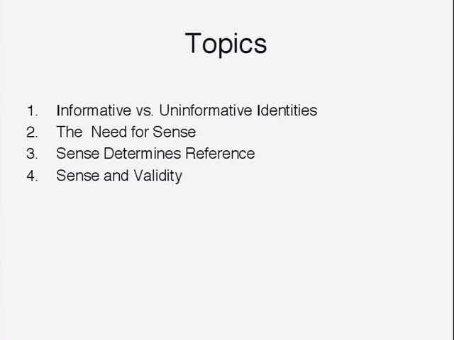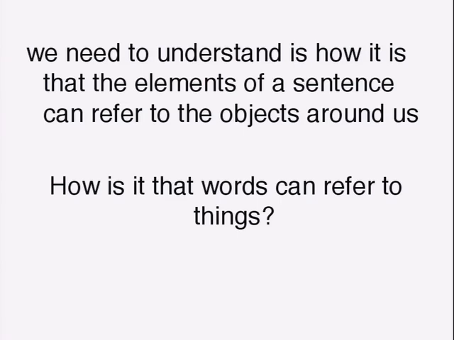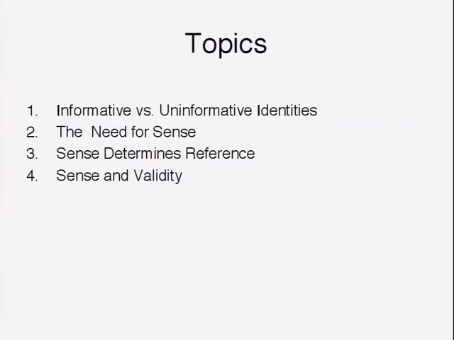And what I'll do today is try and put it in a preliminary way, set out what the point is. So Frege starts out with a distinction between informative and uninformative identities. Then he says that shows that there's such a thing as the sense of a sign. And it's the sense of a sign that fixes what the sign stands for. So this notion of sense is going to be what explains how it is that words can refer to things. That's a strategy. So to start with, we need something about this distinction: informative and uninformative identities.